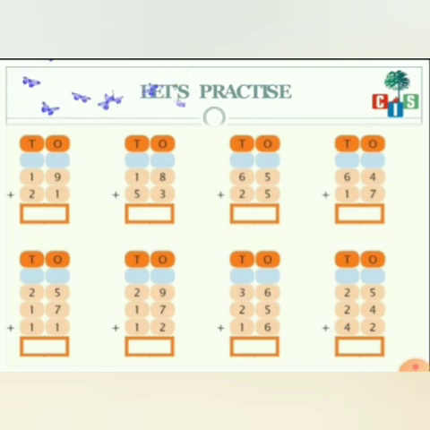So let us practice what we have done till now. As you know, we will start from ones. So let's start. 9 plus 1, it's 10. So at the ones place it is 0 and the 1 is your carryover. So when we add the tens place value, that is 1 plus 1 plus 2, you will get the answer 4. Let's do the second one.